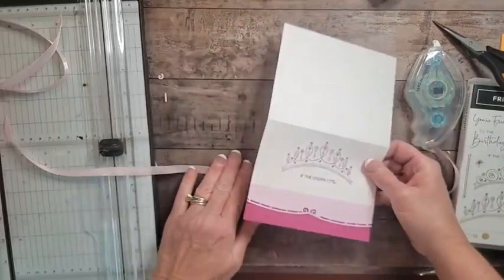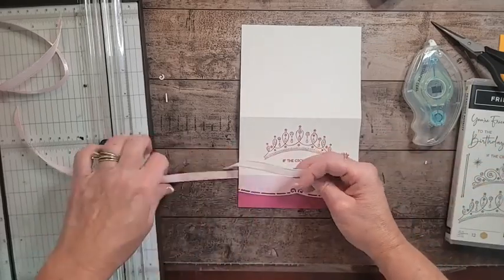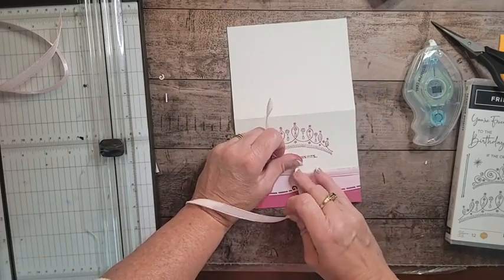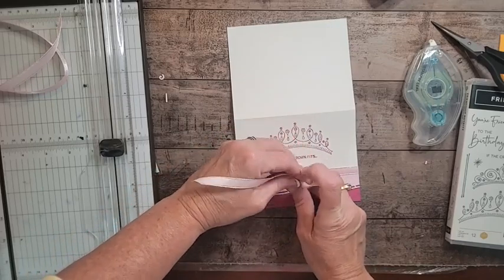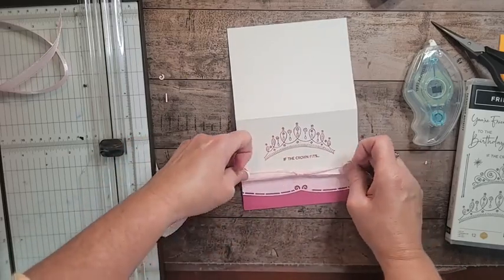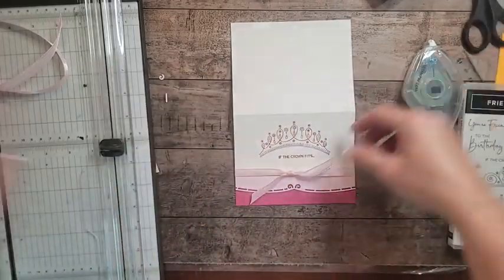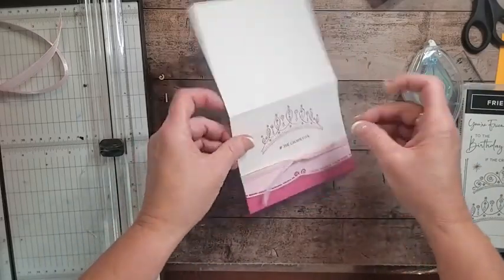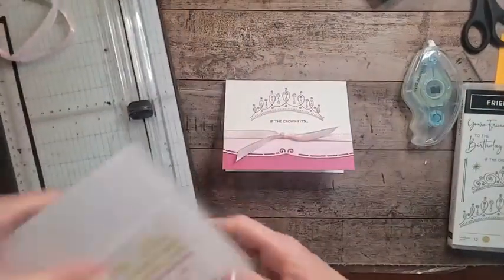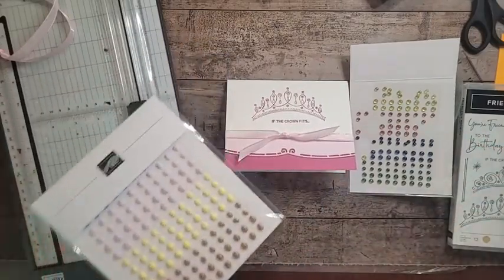Okay. There we go. All right, left over right. Right over left. There we go. Much better. And that other piece I will unknot after and use it for something else. There we go. Okay. I think that is a darling card, but I do think it needs some kind of gems. So I originally brought these over because I thought these berry burst ones would be very pretty. But then I started to think,